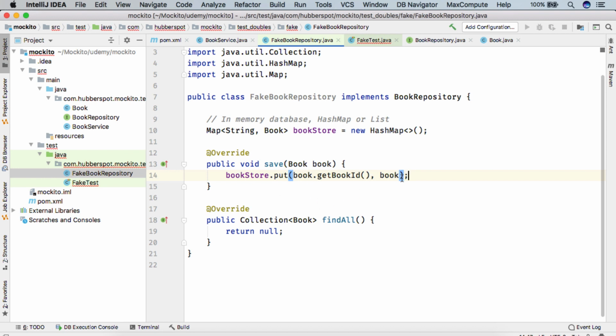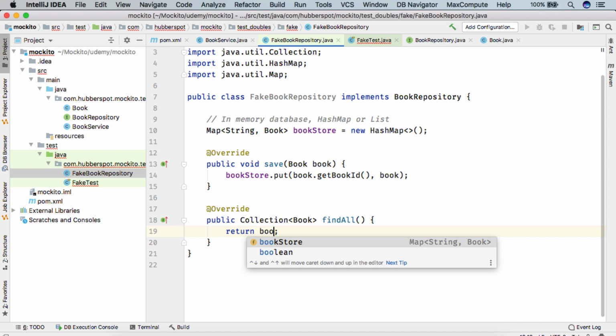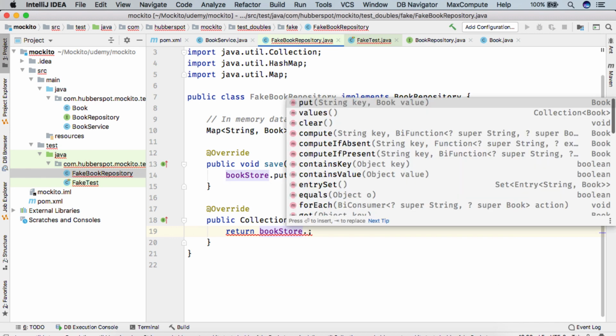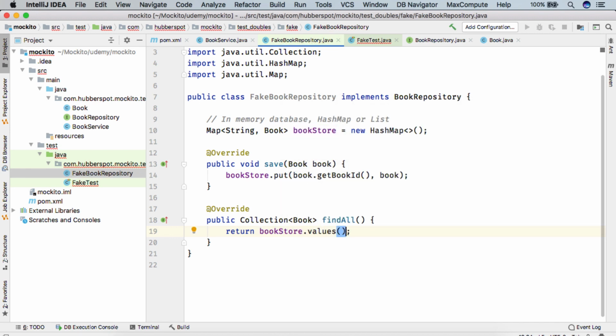This will store the book into the bookstore hash map, and in the find all method we can simply call bookstore.values, which will return us all the books stored in this bookstore.